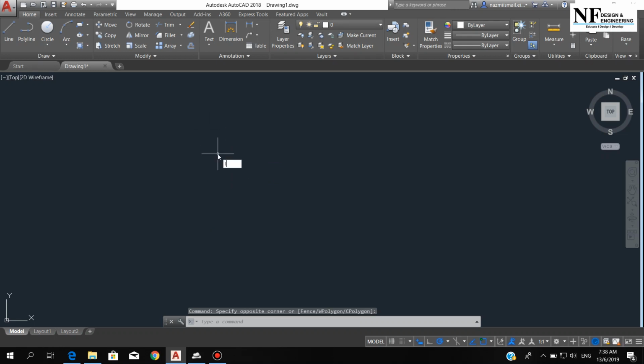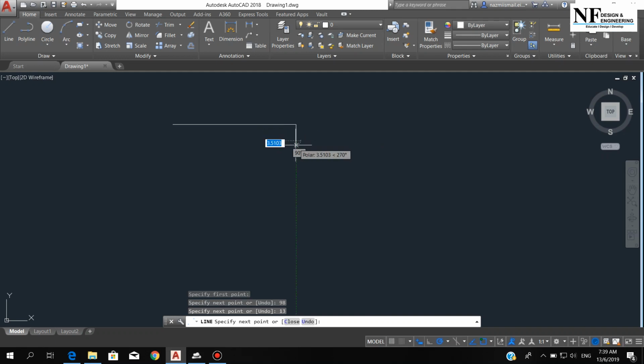Okay, so firstly, we use the line command, press enter, then click here, move to the right with the value of 98, press enter, then move downward with the value of 13, press enter, then move to the left with the value of 27, press enter, then downward with value of 25, press enter, then move to the right with value of 36, press enter, then move downward with value of 62, press enter,